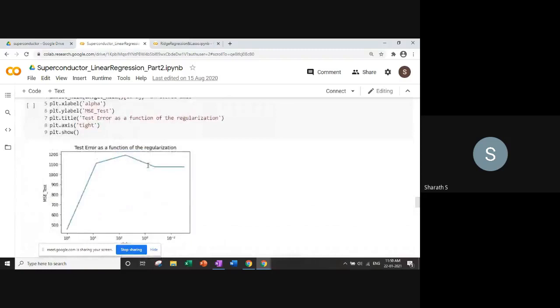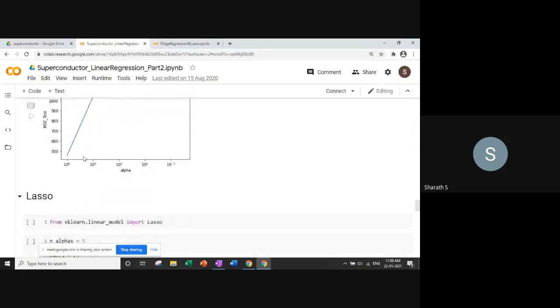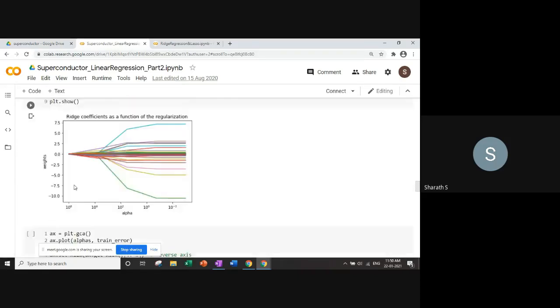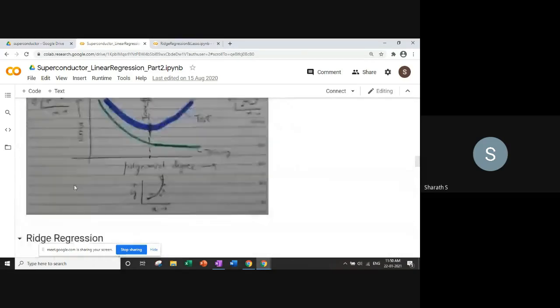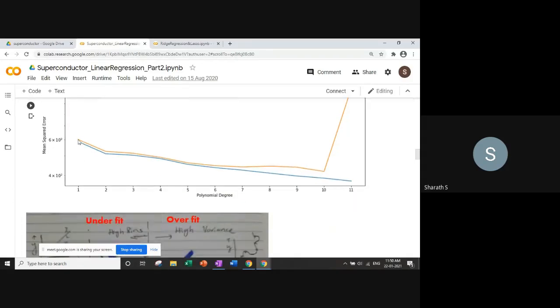Okay, so now what has happened, we just chose the 11th order of the model. We didn't worry about anything else. We just used the tunable parameter of the regularization, and from there we were able to identify the final tuning value. Okay, so this MSE test has dropped to under 500. And if you look at the original thing without using regularization, it was in the order of 600. Okay, so then it has come down.